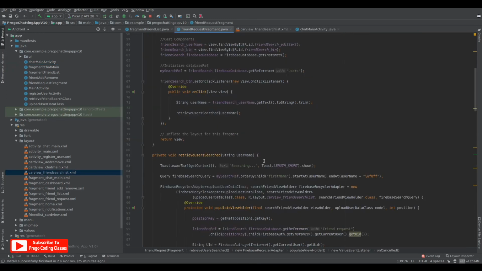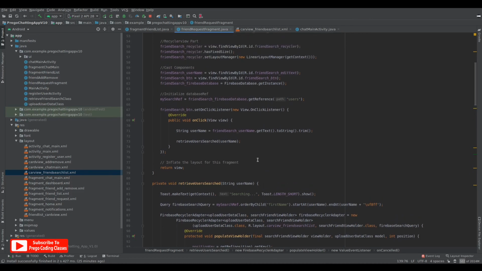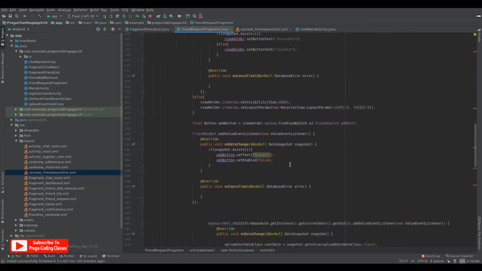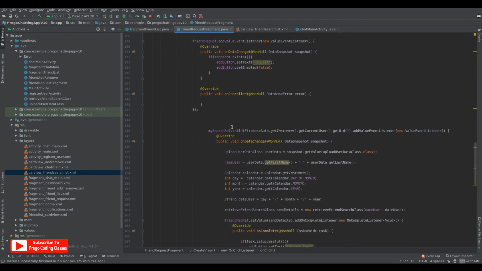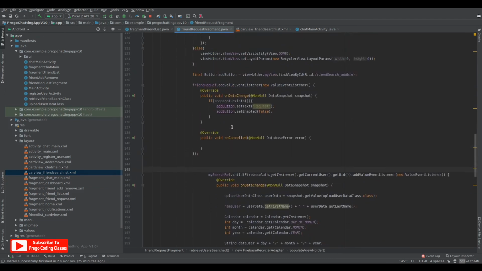Okay, so I ran the codes and there are still some conflicts. The conflicts are: first, go to friend search button, set on click listener, and the string username, just delete the trim portion. You don't need to trim the username. And then if you go down before the my search reference, add an on click listener on the add button.